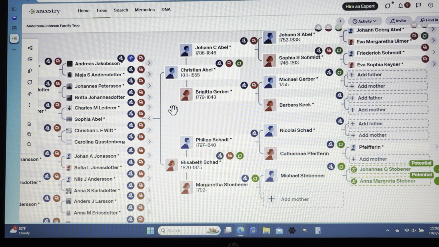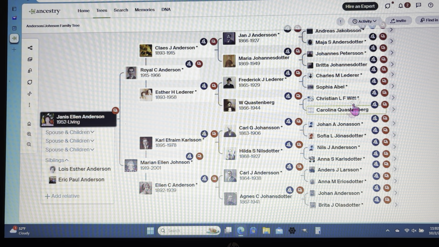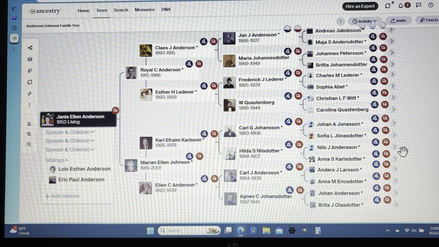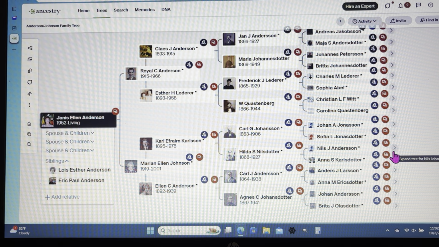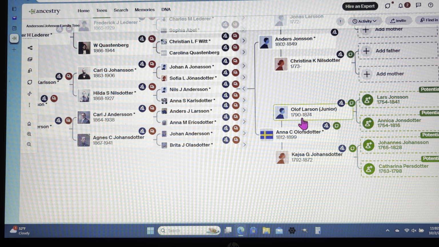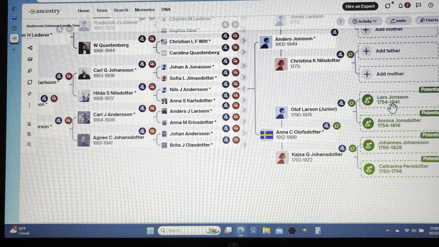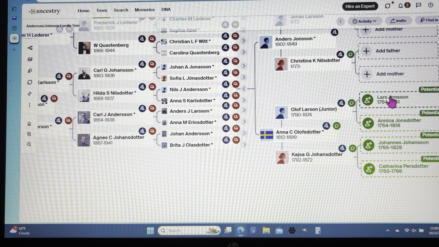Once you click on one of these little arrows here and expand the tree beyond this, there you enter into the gray area. Not to say that none of the information there is accurate. I think a lot of the stuff that I've added in this neck of the woods, everybody's got something expanded, a lot of this is still accurate. It's just that it's probably more incomplete. And the farther you go to the right, the less I could guarantee the accuracy. I'm not guaranteeing anything. I'm just telling you what I have found and what I believe to be accurate information.